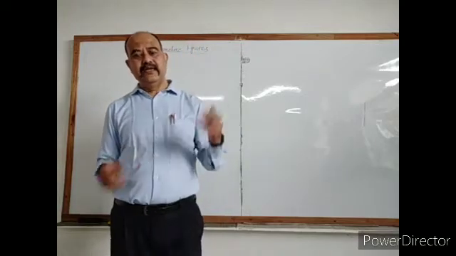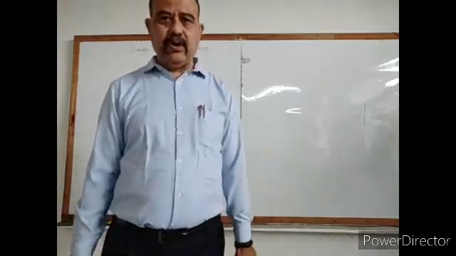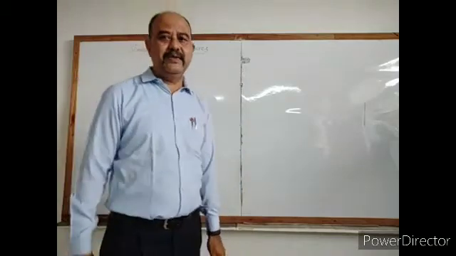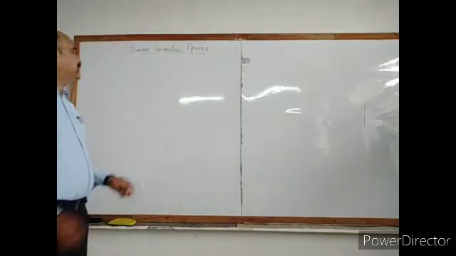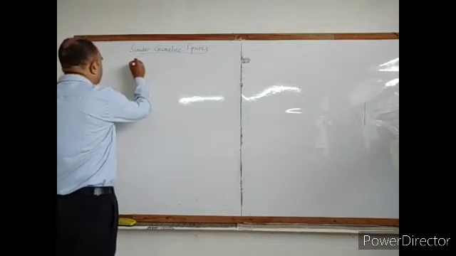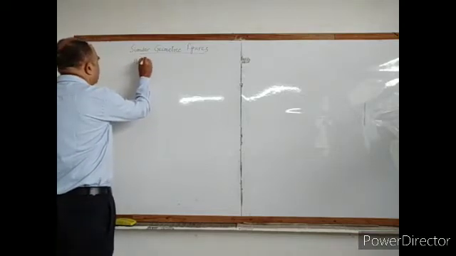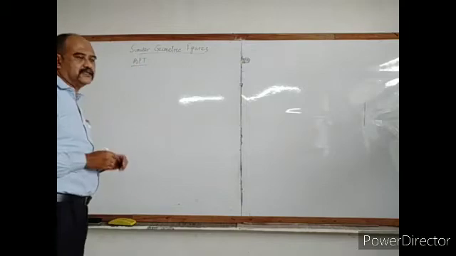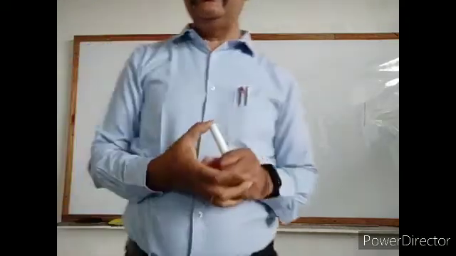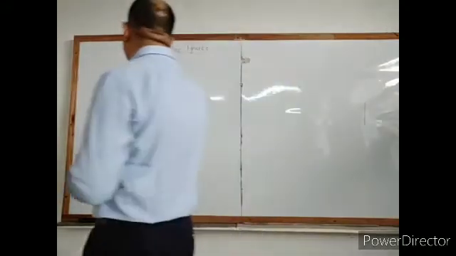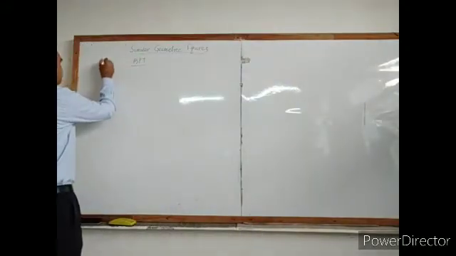In the previous video, everything was discussed in detail. Along with that, we talked about the BPT, the Basic Proportionality Theorem, or Thales theorem. If a line is parallel to a side of a triangle, then it divides the other two sides in the same proportion. Now here we will be talking about the converse of BPT.